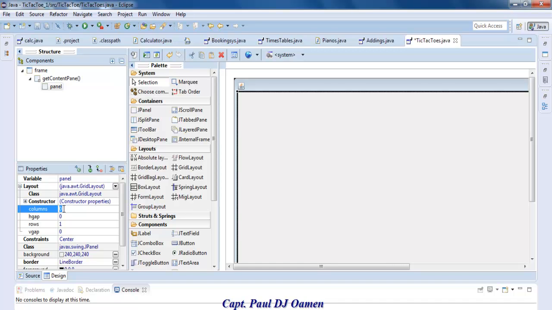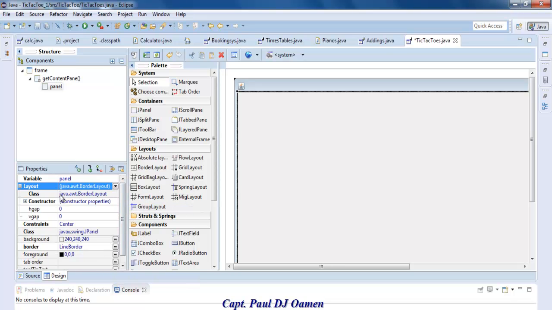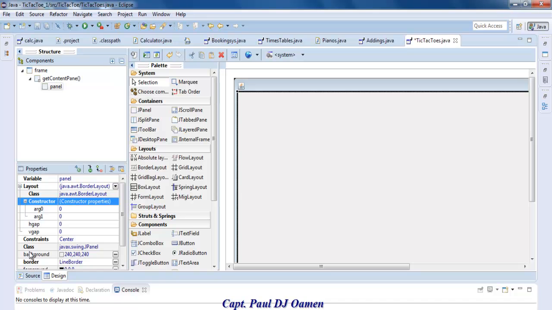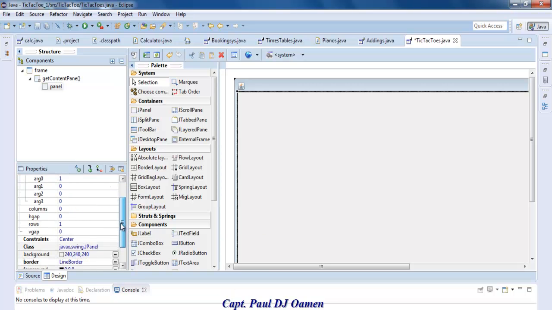Okay, you must select grid layout before you can see that. If you don't select grid layout, look, if I go for border, nothing is there. Okay, but if I change it to the grid layout that I wanted, there,